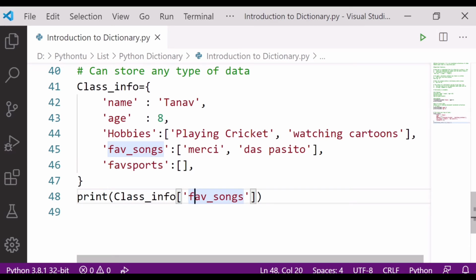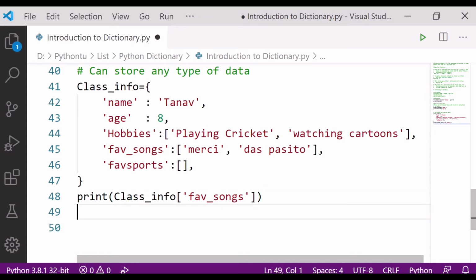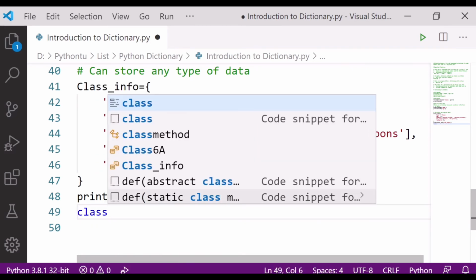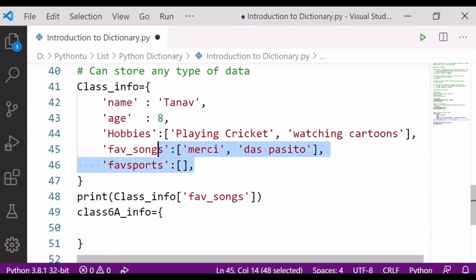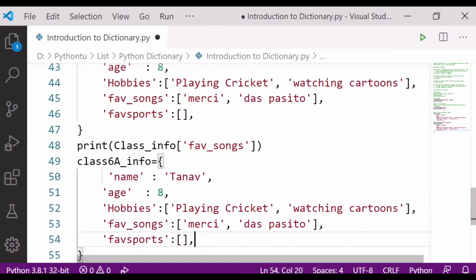Now what if, can you create a dictionary inside a dictionary? Yes, of course you can, like here. Just suppose you want to create class 6a info. Now if I want another one like this, I will copy this with Control C and paste it.